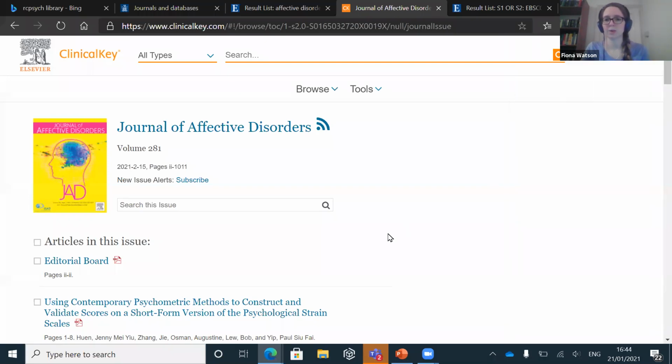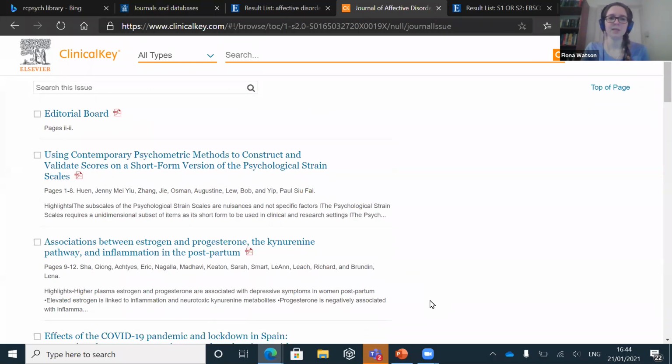You could go directly to the publisher's website. But one of the things that causes the most frustration is that if you go to, let's say, the Journal of ECT, although we do have access to that one, and log in, it will still tell you that you don't have access if we don't subscribe to the journal, but it will send you in a permanent loop of logging in and never getting access. Without ever telling you that you don't have access, it will just ask you to log in again. So that causes so much frustration for people. So it's worth checking if you do have access to a journal, if you're getting into that kind of loop.